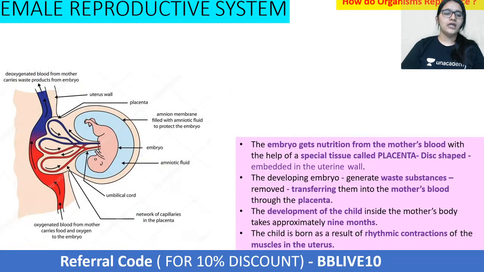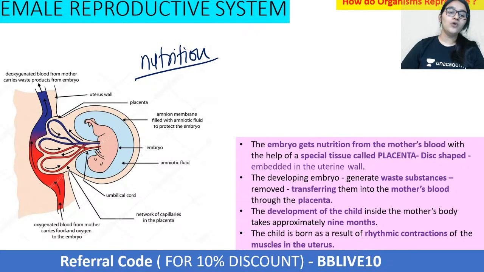Now just assume that there is fertilization and the baby is now growing. Does the endometrium lining always give it nutrition? No. After it grows a little bit, we have an embryo, and then the body develops a disc shaped structure which we call the placenta. Now what does the placenta do? It provides nutrition to the baby which is growing in the uterus, right?